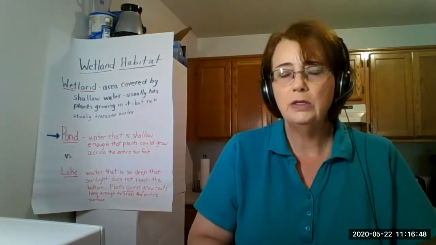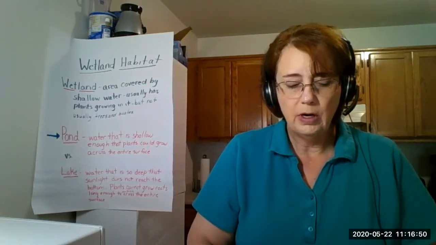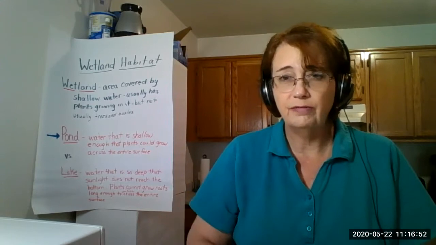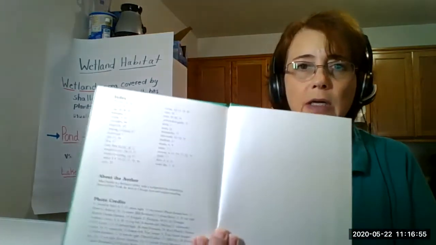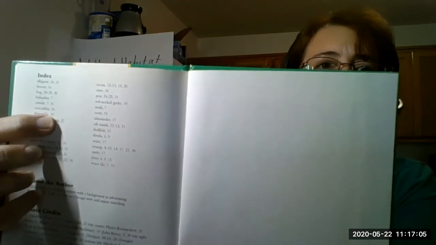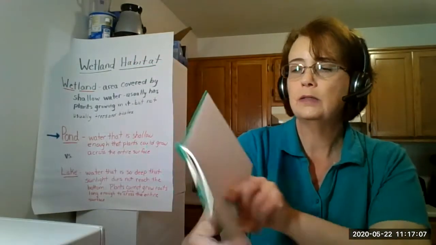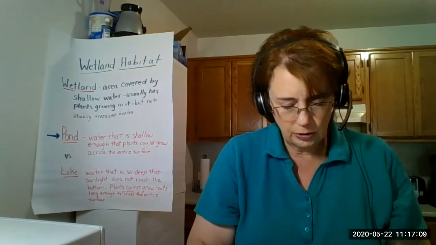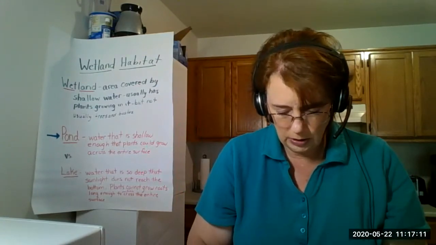So one way that we can do that. Remember, a lot of informational books have certain features. This one has an index in the back. So if I was looking for certain information about dragonflies, it tells me the page that I'm going to find that on. Looks like page 19. Yes, page 19. And if we turn to page 19 in the book,